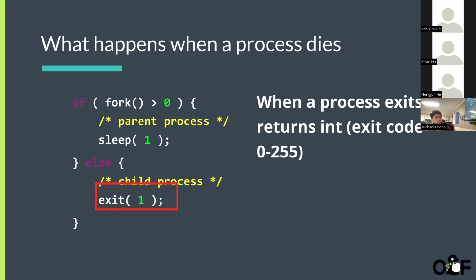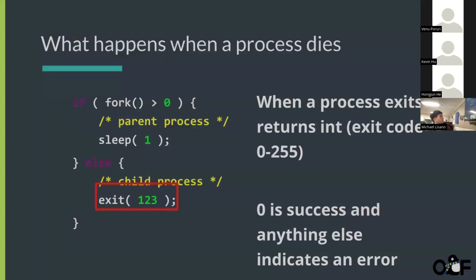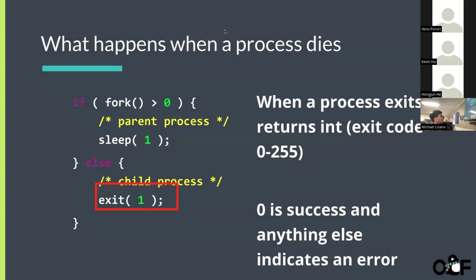Exit code 0 means that if you ever run a program and it exits with code 0, that's what it's supposed to do. It means your program exited successfully. Anything from 1 to 255 means that something did go wrong. Usually 1 will mean a panic or something like that. Anything else is an error.